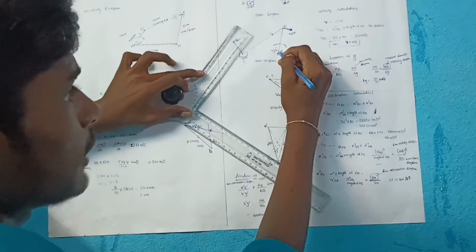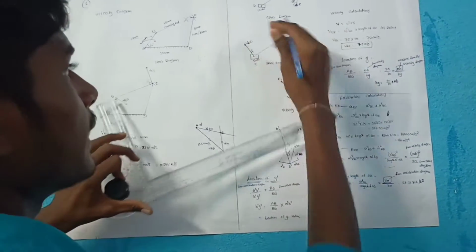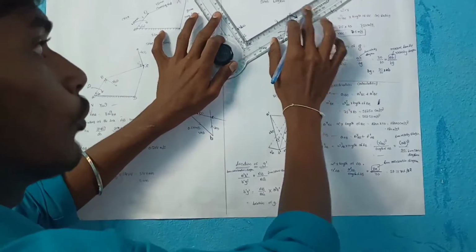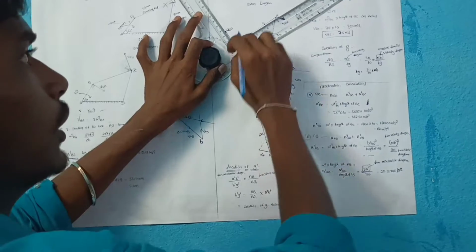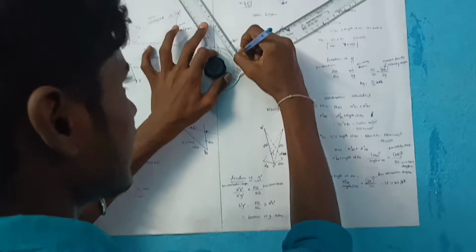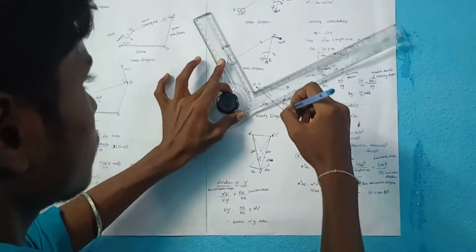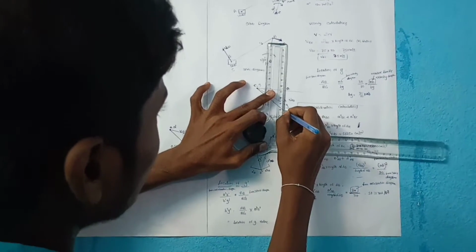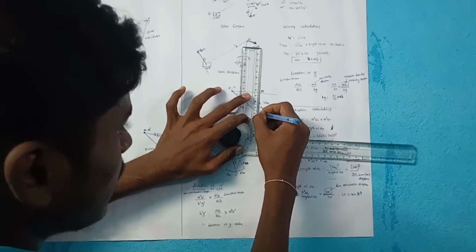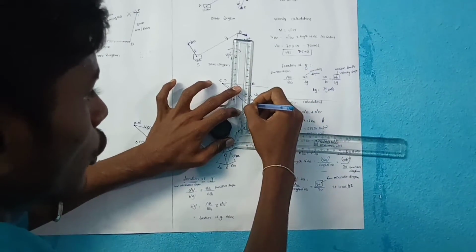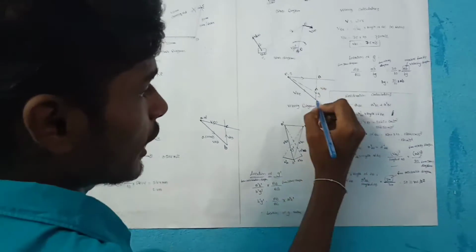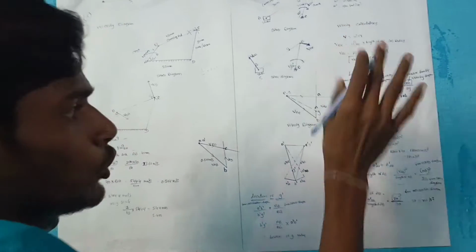Next, after completion of BC, we go to AB. Here also we know only the direction, not the magnitude, so how much length we don't know. Fix the drafter scale here; in this direction it is moving, from B to A. So draw here, fix the drafter scale and make a line. We know only the direction but don't know the magnitude, so we can extend the line as much as needed, no problem at all.